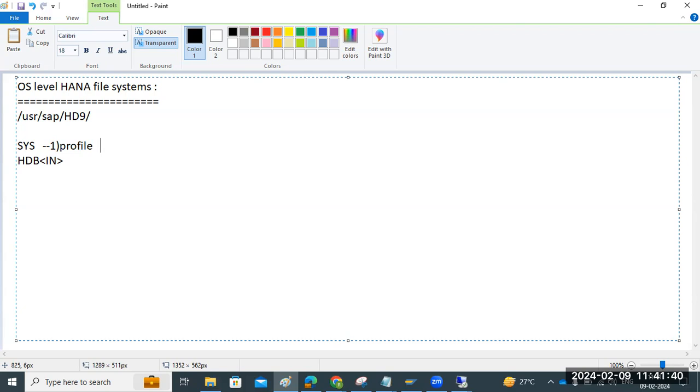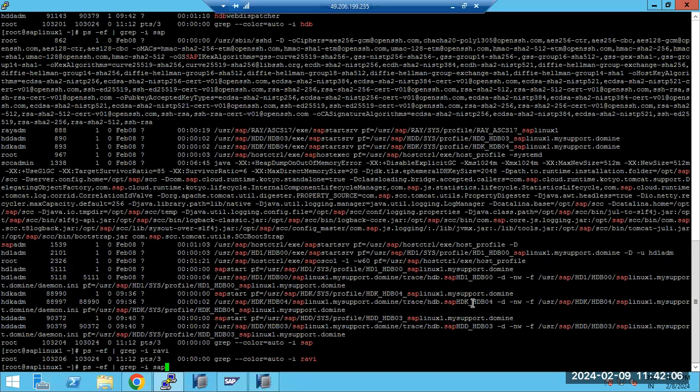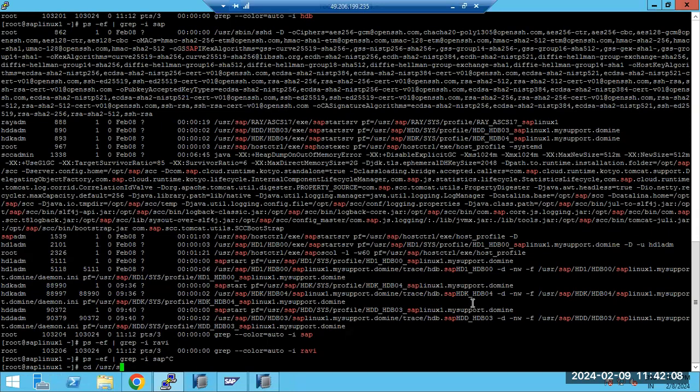Sys profile, then sys global directory, and sys exe. In the profile directory, HANA level profiles are available here. Then in the global directory, some of the security settings, then INI files, are available. If you go to the operating system level, then go to usr, sap,